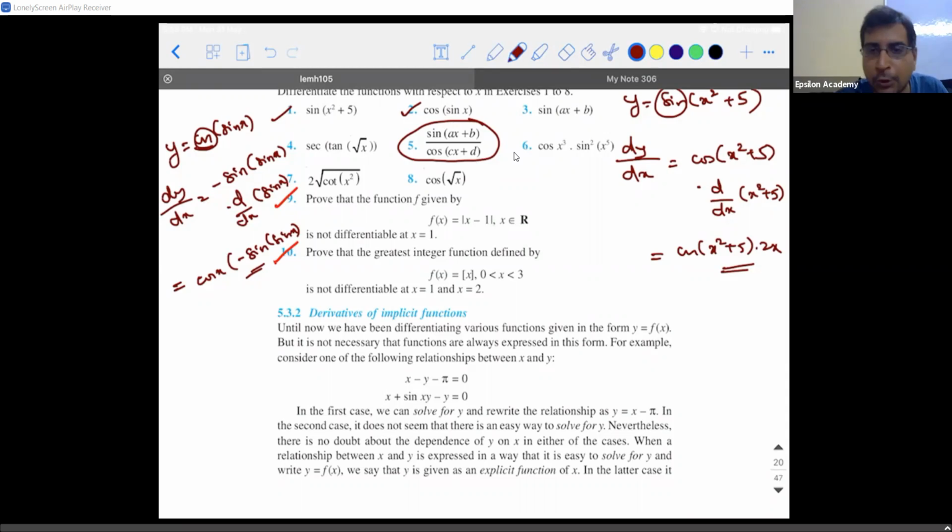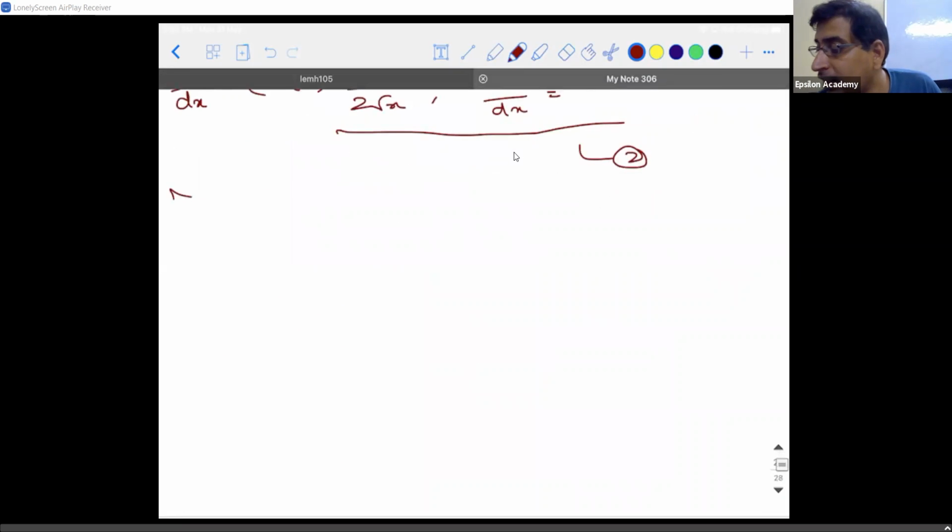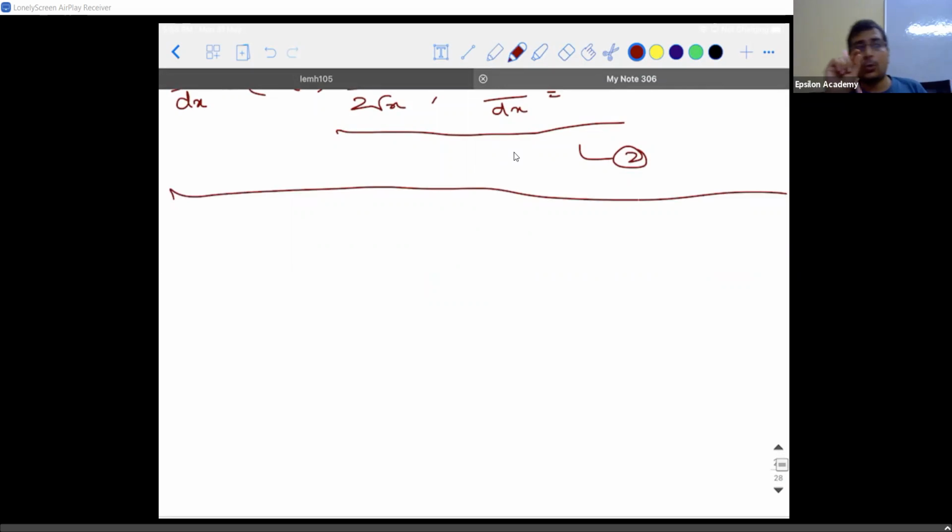Okay, I'll do this problem. Concentrate, guys. So till now I didn't explain what will happen. See, we saw what is cos of x square. We never saw what is cos square x. Correct? So let me explain how you need to do that. Can someone tell me the question? Y is equal to cos of x cube.